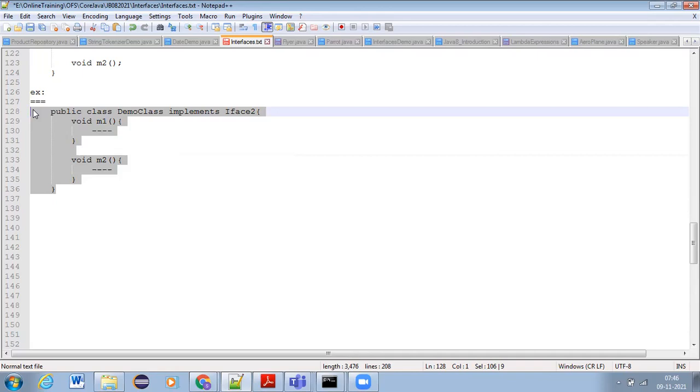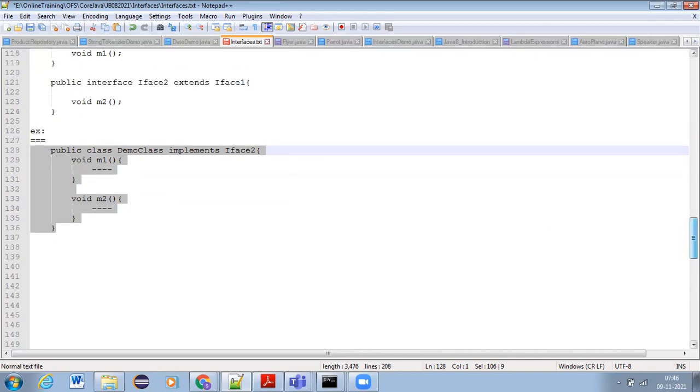When we are writing a subclass for a sub interface, it is compulsory to write all the methods present in the entire interface inheritance hierarchy, all abstract methods. At any point of time, the single point, if you remember, all abstract methods should be overridden in the subclass.